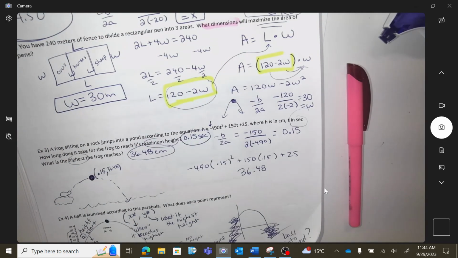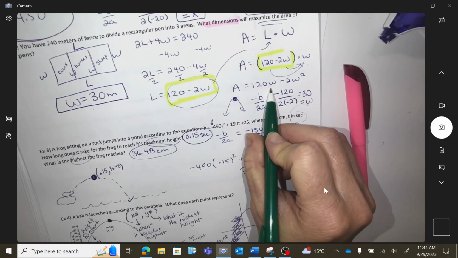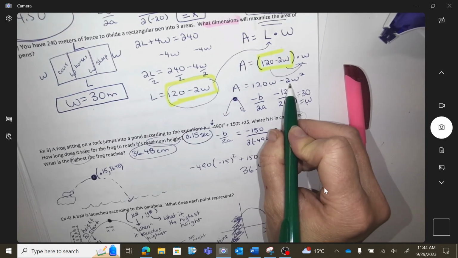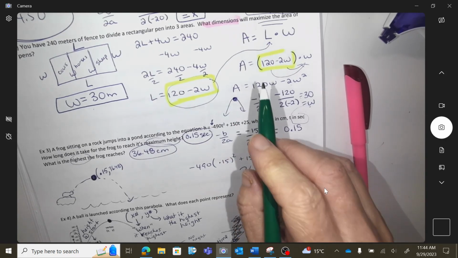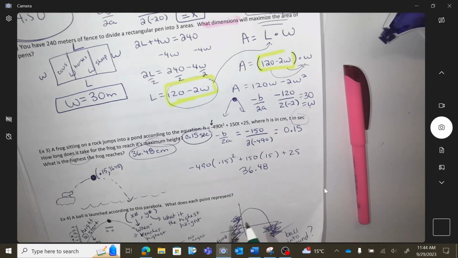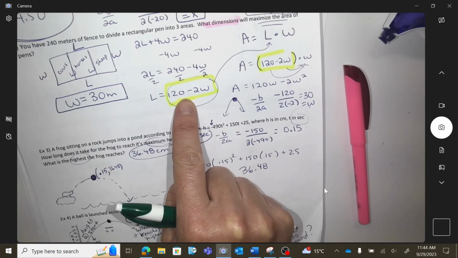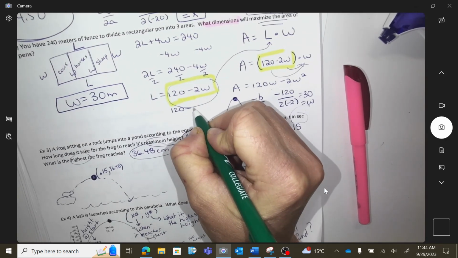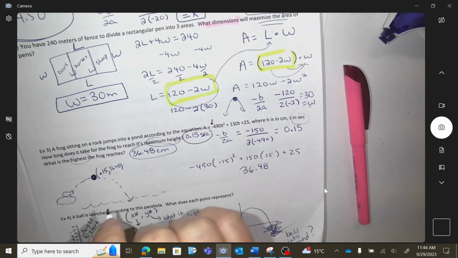And if you plug it in, it actually tells me what? If I plugged it in, it would tell me the area. I don't want that. You could plug it in, but it would just tell you area. I want the dimensions, so how can I find the length? What would I do to get the length? I'm going to go here. This is where I would go to get a length. So 120 minus 2 times 30 leaves me with a length of